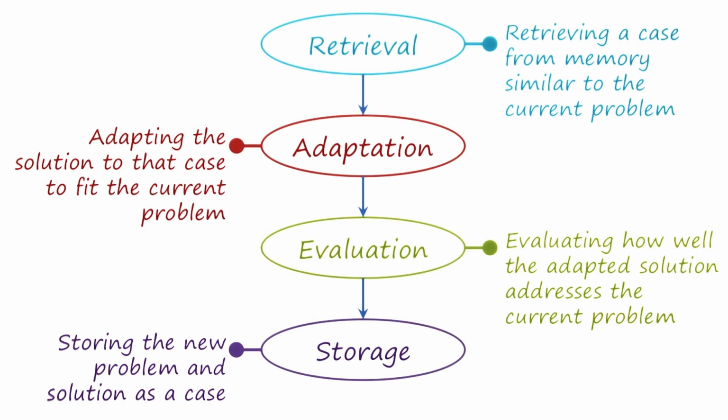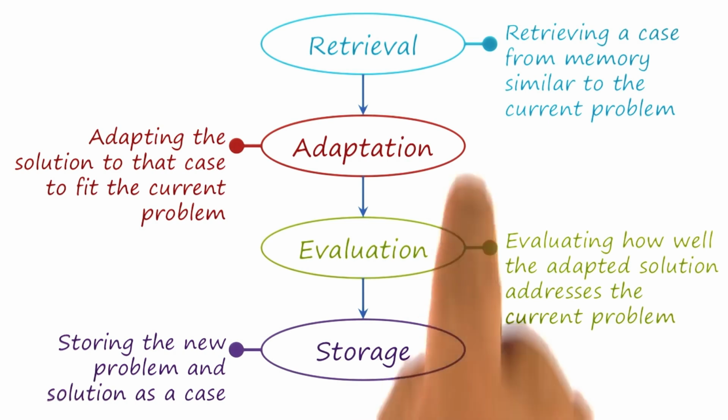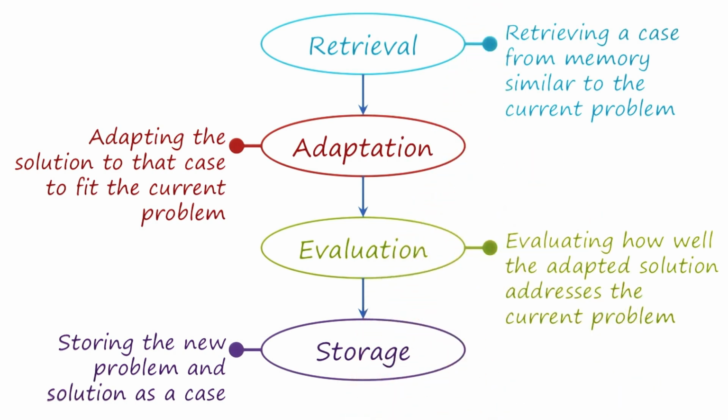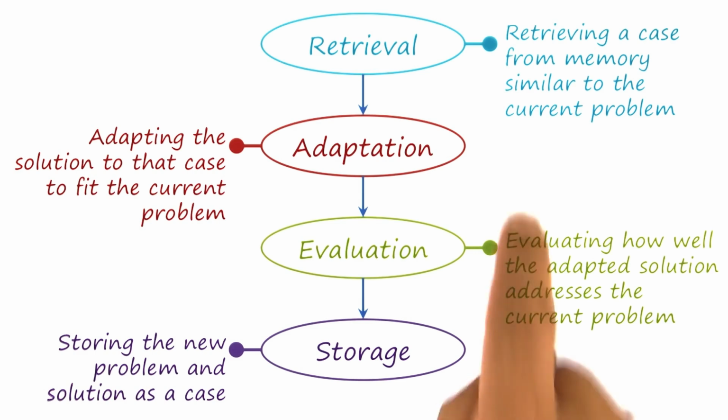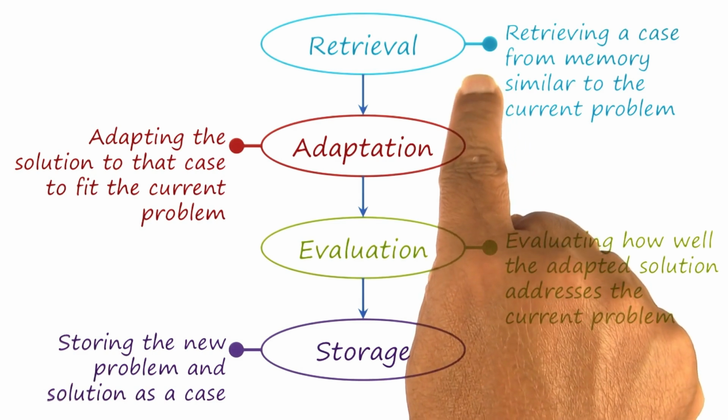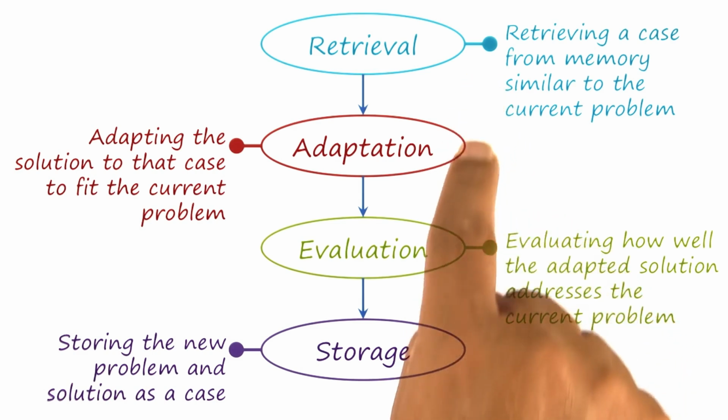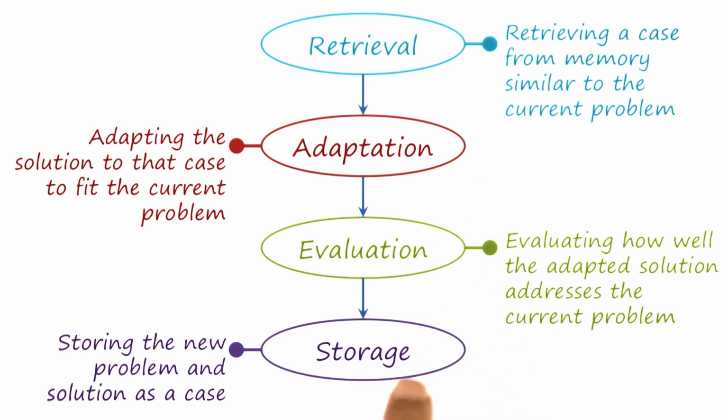Then we could encapsulate the new problem and the new solution into a case and store it back into the case memory so that the case memory is constantly increasing. Notice that this case-based reasoning process unifies memory, reasoning, and learning. There is a case memory that contains a large number of cases, and that's how we retrieve cases that are relevant to the current problem. We reason when we adapt and evaluate, and we learn when we store the new case back into the case